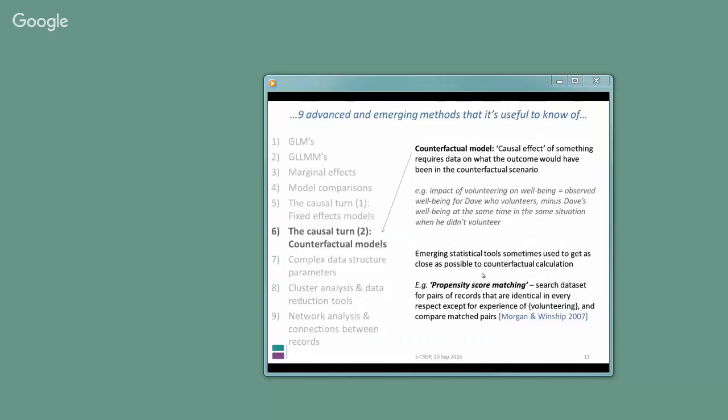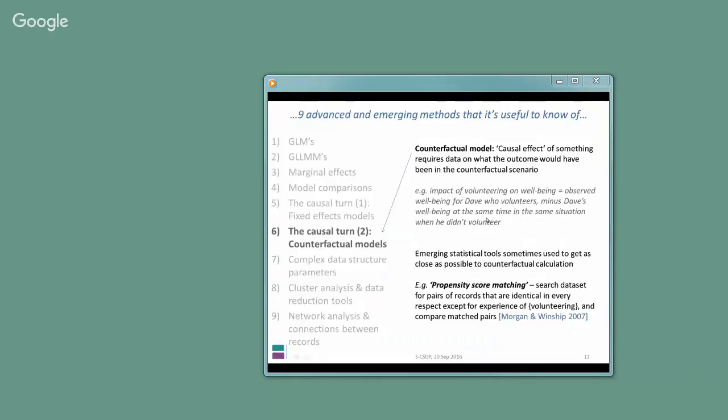And what it tries to do is identify pairs of people who are identical in every respect, except that they don't have the same values on the key explanatory variable that we're interested in. So here the key explanatory variable is whether you volunteer and its influence upon the outcome variable, which is subjective well-being. So what we essentially try to do is find Dave in the data set who does volunteer,